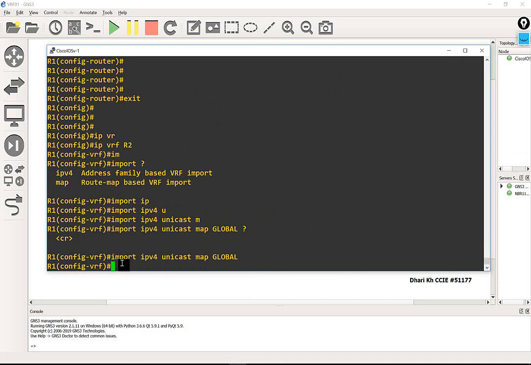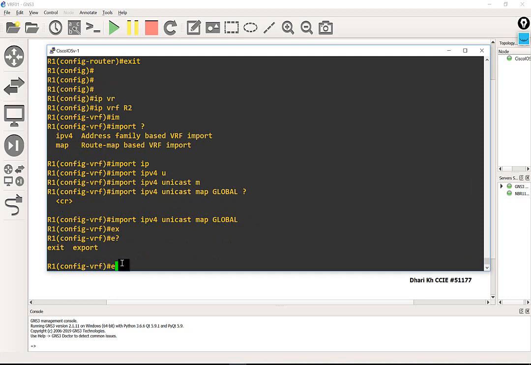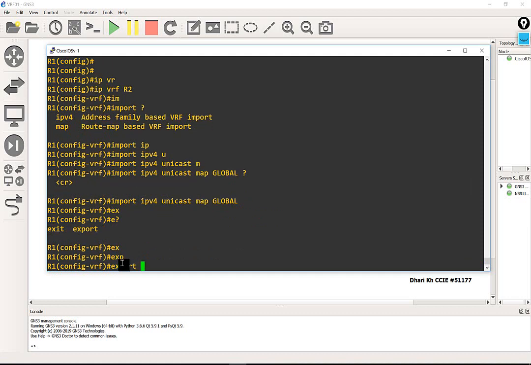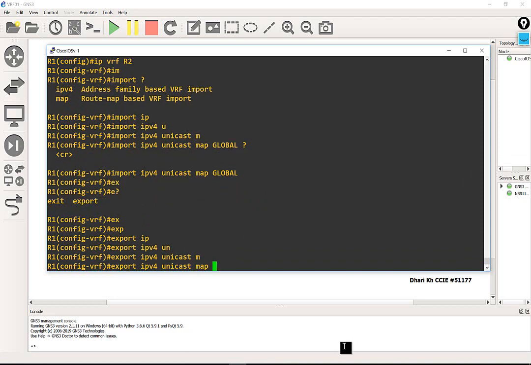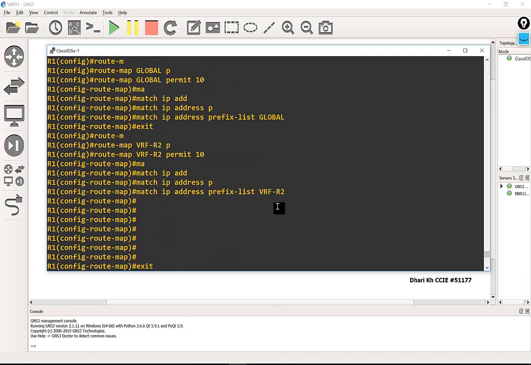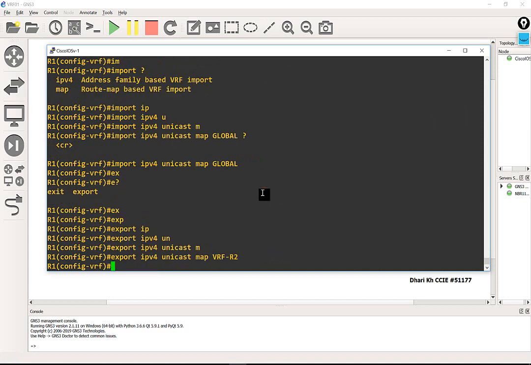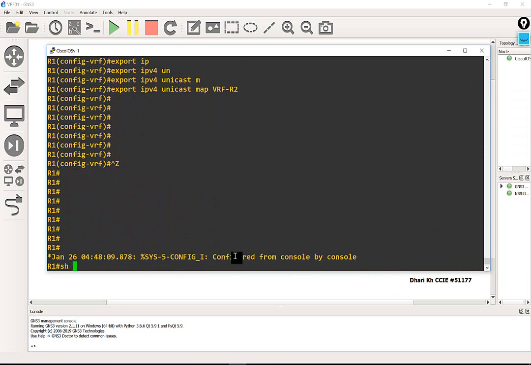Perfect. How about the export? As you can see here, I have another command, which is called export. Export ipv4 unicast map. What do I export? Do you remember the route map which represents VRF R2? So I need to export this VRF R2. Perfect. So now, after that, when I say show ip route